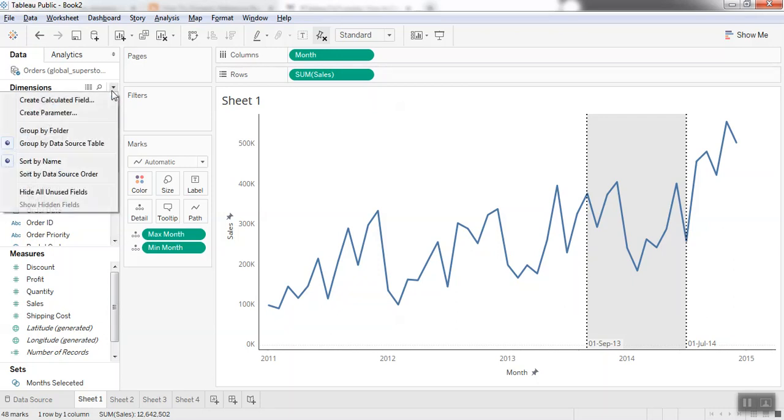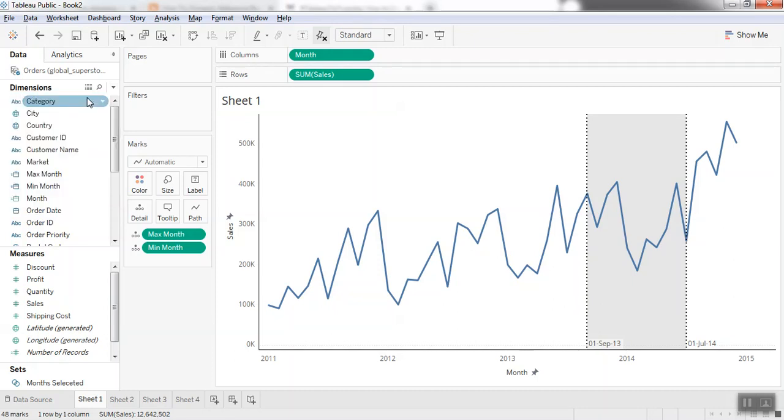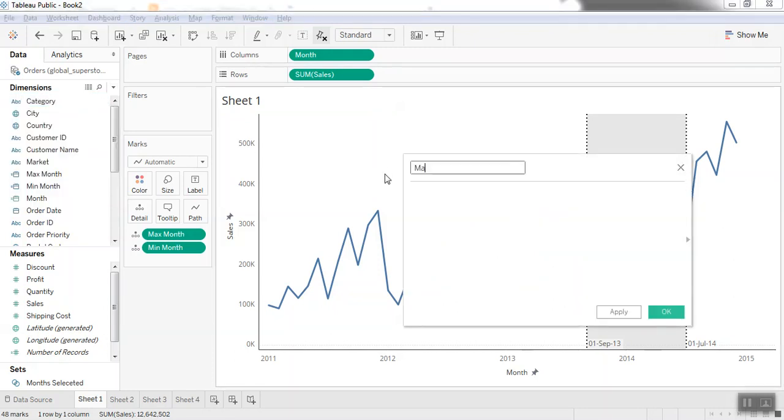So let's try to create a calculation using that as well. I'll go again to create a calculated field, and I'll say max sales in selected month. Over here I'll say if DATETRUNC month of order date